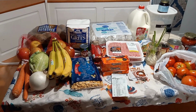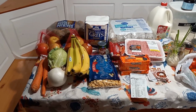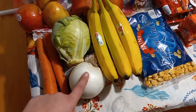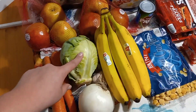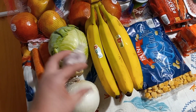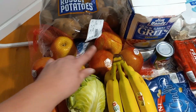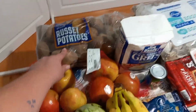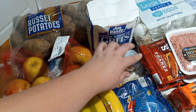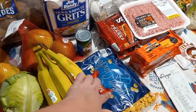Okay, so this is everything that I got, and if you can ignore my dirty table, then so can I. So we got 2 carrots, an onion, bananas, cabbage, a thing of garlic, 2 discount bags of apples, a 10-pound bag of potatoes, a 5-pound thing of grits, a wee little can of tomato paste, some oyster crackers,